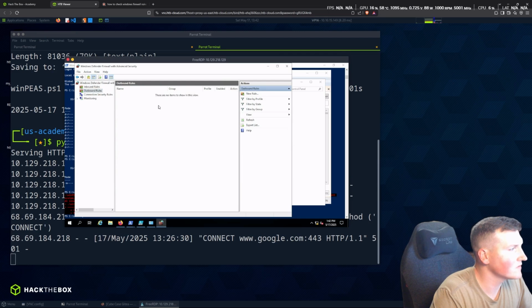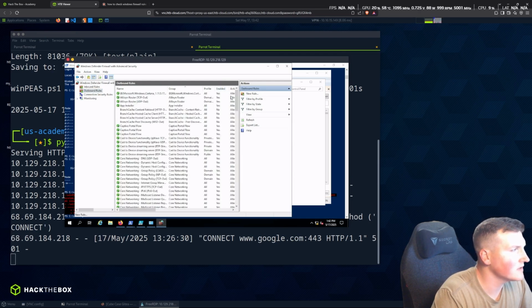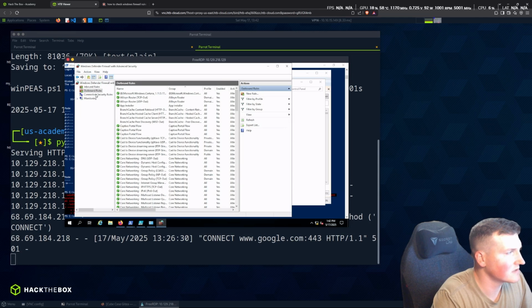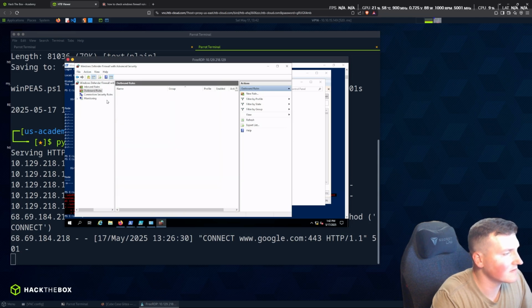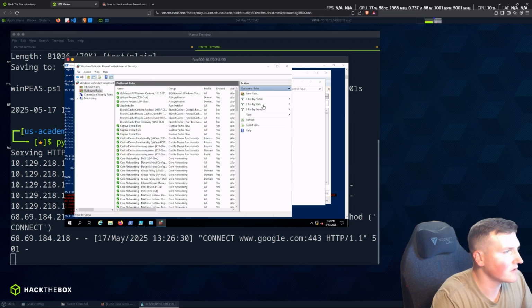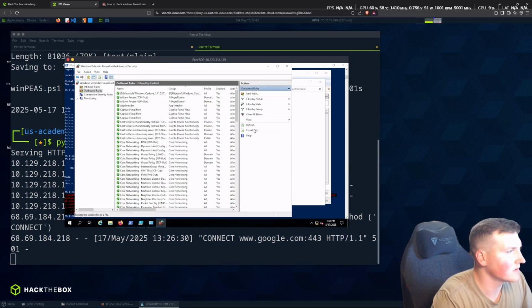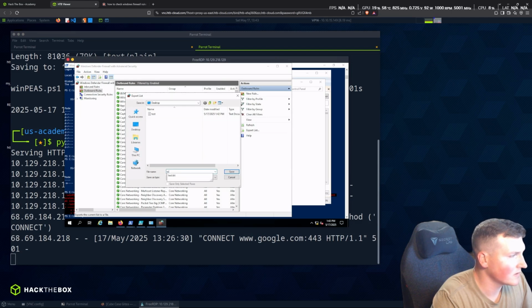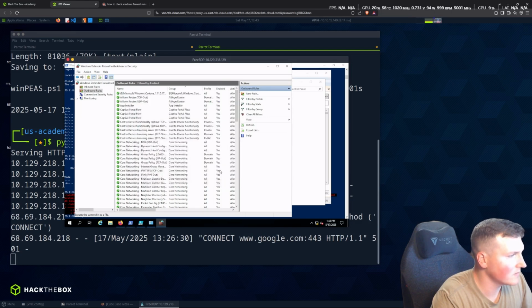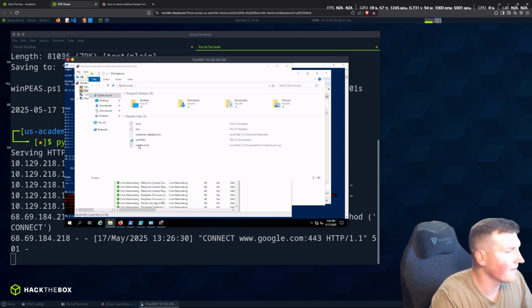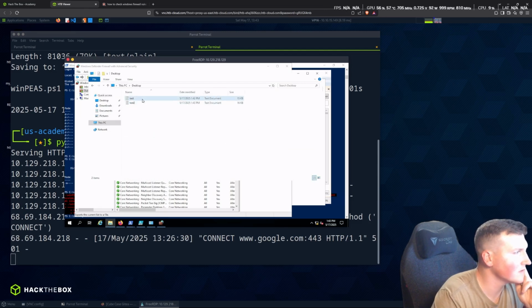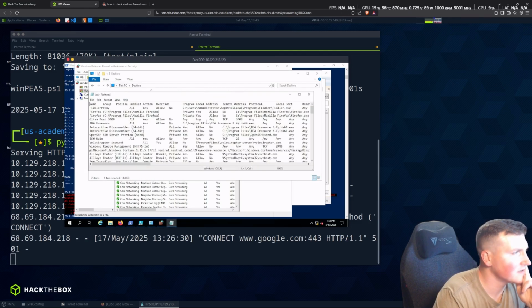All right, outbound rules. And this is one of the ones that sucks, because this is one of the ones that would be automated, but I'm not going to wait around for it. We'll export, test 2. All right. Then we'll go back to desktop. We'll say test and see if